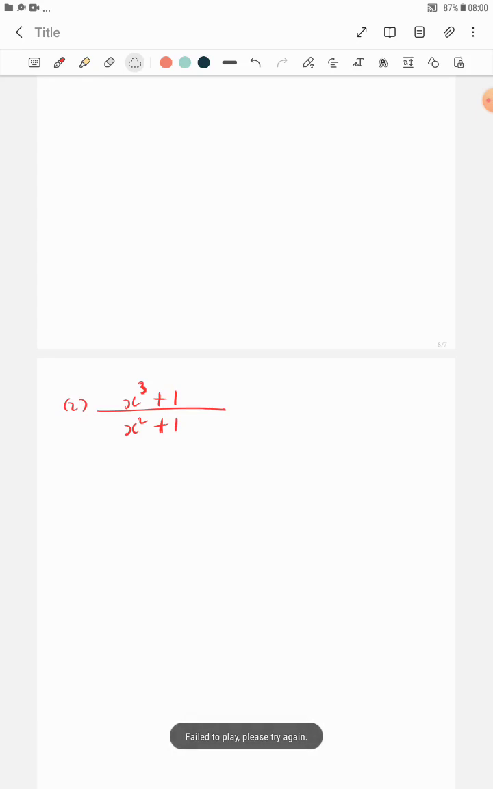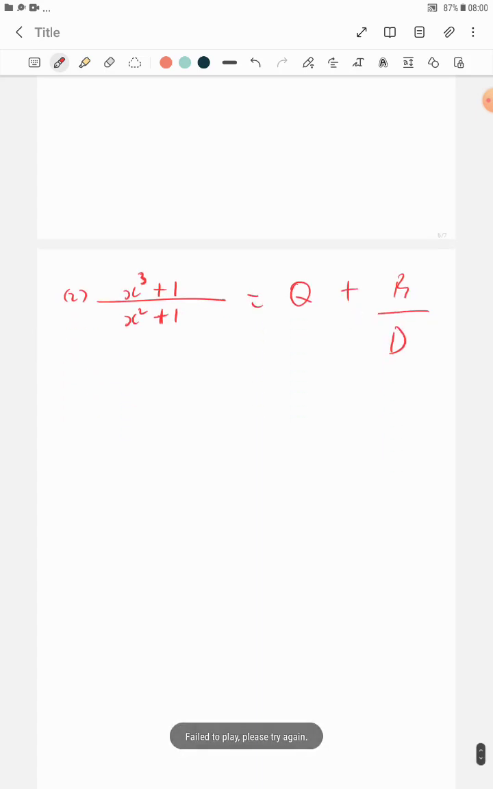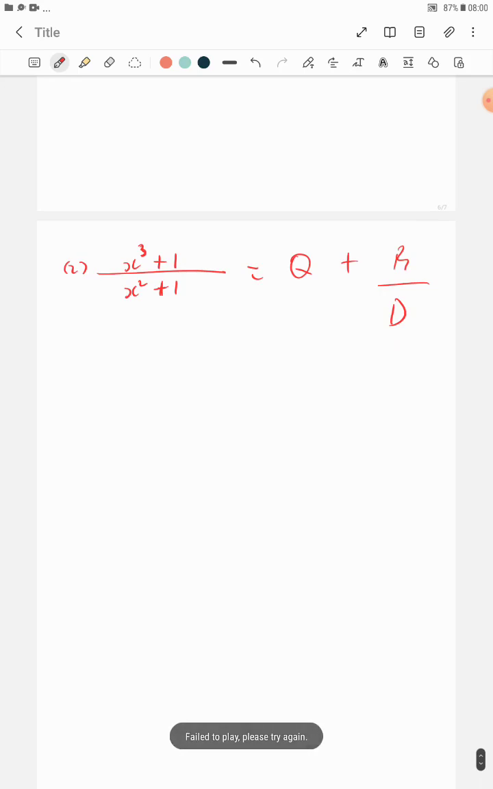Now you still have to observe what kind of fraction this is. This is an improper fraction. How do I know? Because the power of x in my numerator is 3 and the power of x in the denominator is 2. So I already know that if I want to split this into partial fractions, it will be the quotient plus remainder over divisor. And then we'll have to do our long